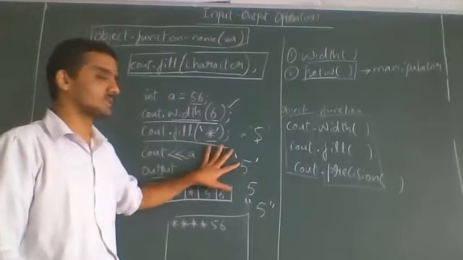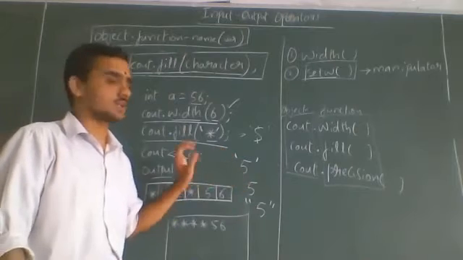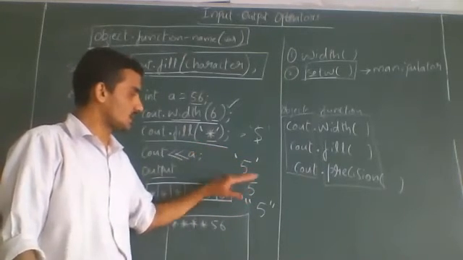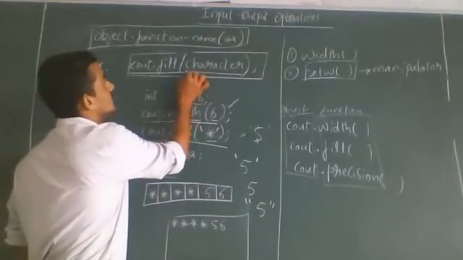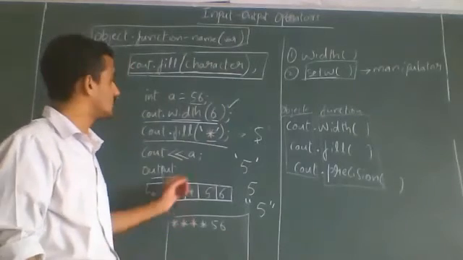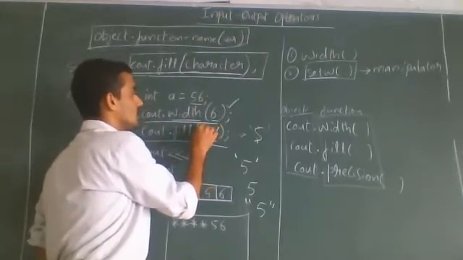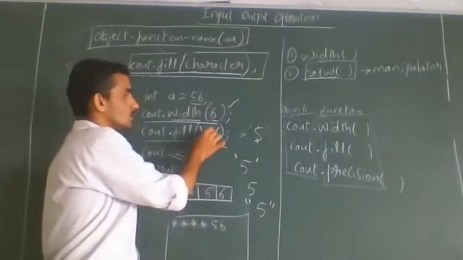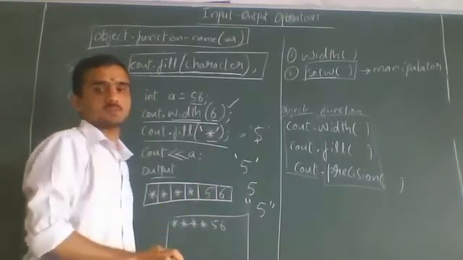In that case, you have to write the answer. 5 within single quotes is a character. 5 without single quotes is an integer. 5 with double quotes is a string. That means the digit 5 we can write in 3 different ways: as a character, as an integer, as a string. In the syntax, they are saying it should be a character, which means a character constant, and a character constant compulsorily has single quotes. Either you can write an alphabet, capital or small letter, or a symbol or a digit. Anything you write, but don't forget to put single quotes. That will be filled in the empty spaces.